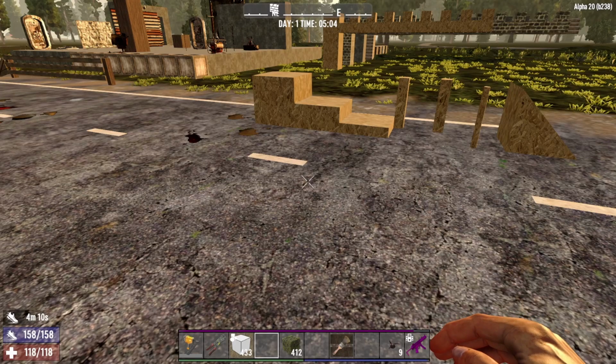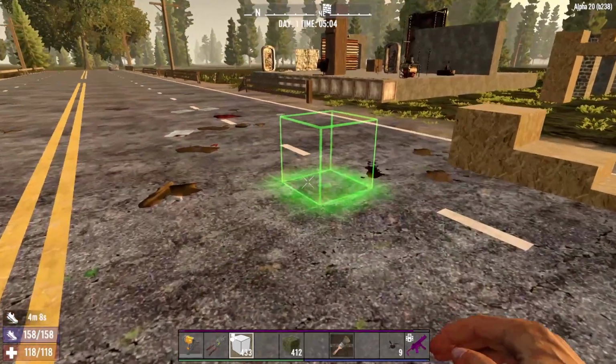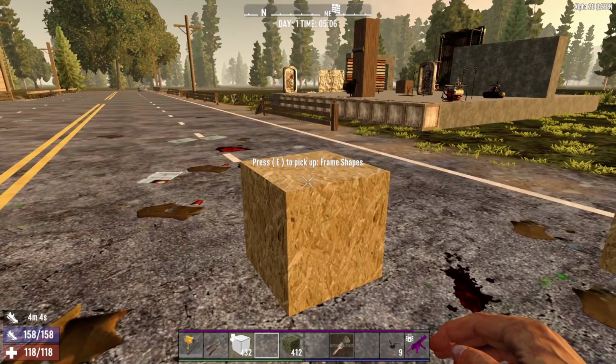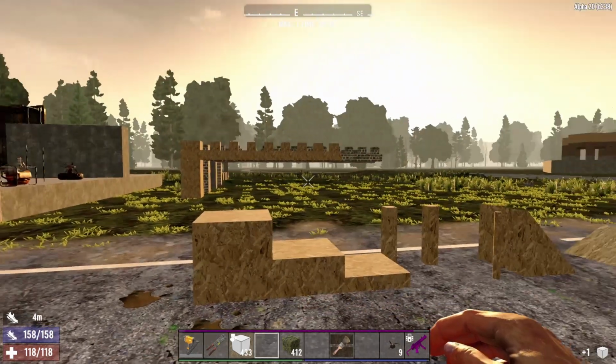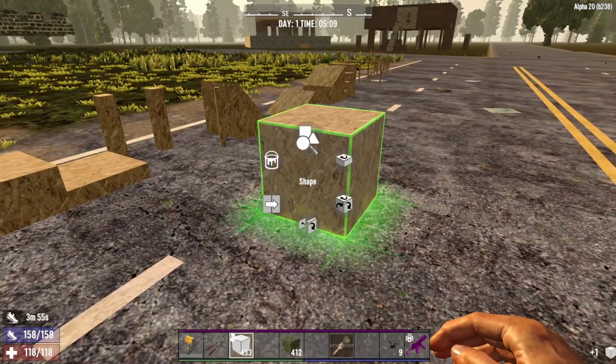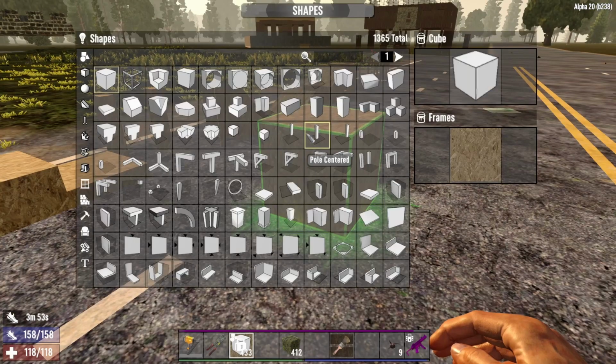So, when you first start the game, you're going to be instructed how to build a wooden frame. These wooden frames are the most commonly used blocks when building in 7 Days. However, there are many blocks to choose from, and if you hold R and click on shapes here, you'll see there's